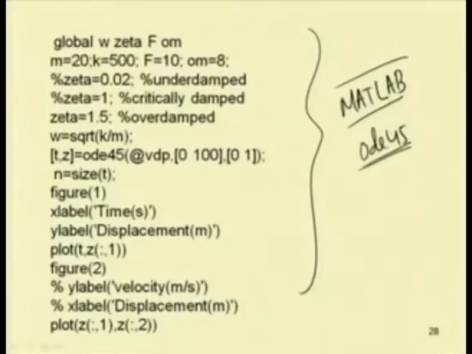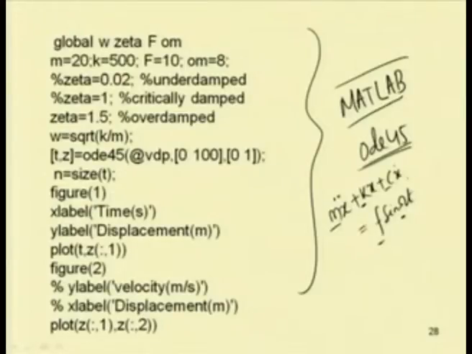So, here let us use this MATLAB function to solve this linear equation first. Let us solve this equation m x double dot plus c x dot plus k x equal to f sin omega t. In this case, for a given value of m, k, c, f and omega, one can find x. So, first one has to reduce this second order equation to a set of first order equations, and after that one can find its solution.